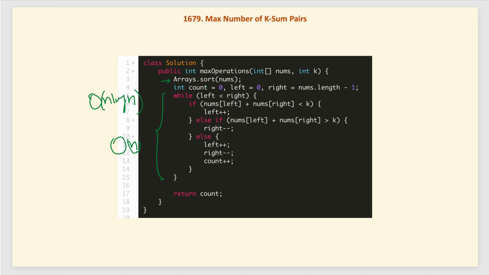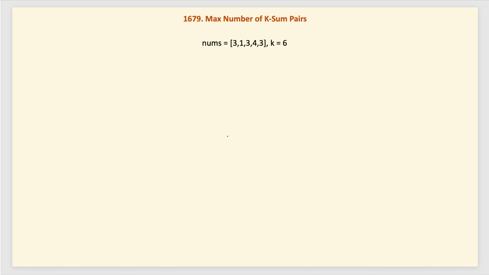Can we optimize further? As we have to find the number of all pairs, what we can do is use a data structure to track the count of numbers. If we are processing a number, let's say 3, we will look for its complement, which is k minus this number. If k minus this number is present somewhere, we can easily detect it. So we will use a hash map data structure here.